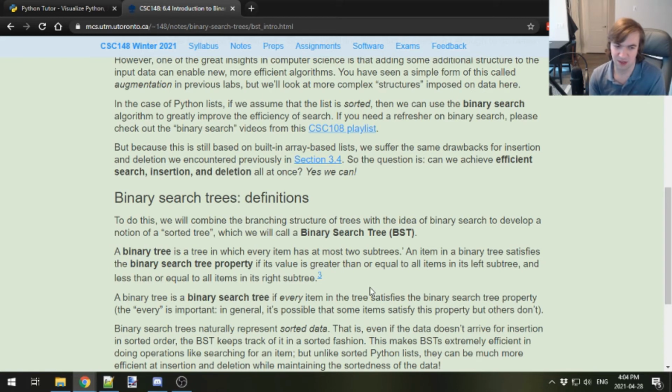So it's very necessary that you actually have, and if you're thinking about this conceptually, your root is your middle point. Everything on the left side, whichever side you're looking at, is smaller than that root. Everything on the right side is bigger than that root. And that property holds true for the subtrees that are there. So if we go right from our starting point and now we're looking at a new subtree, the rules still